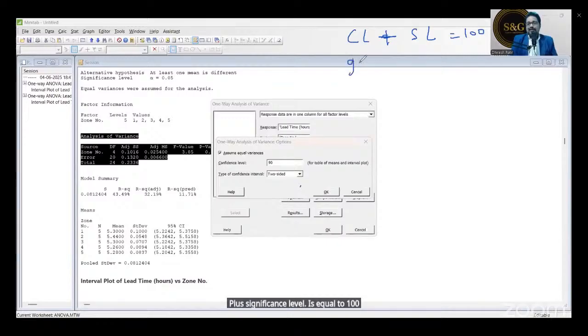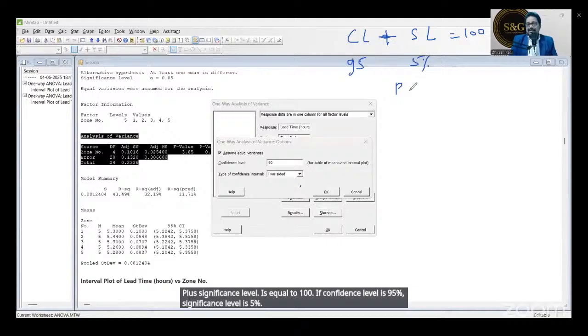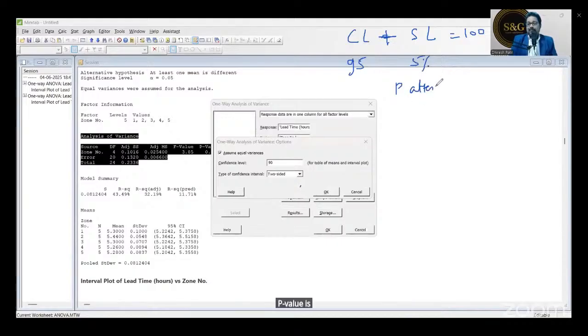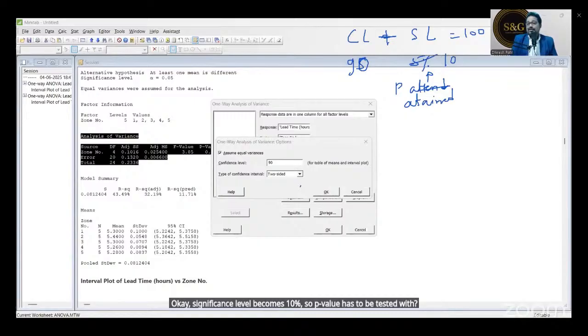If confidence level is 95%, significance level is 5%. P value is attained significance level. Attained SL is nothing but P value. If confidence level is 90%, significance level becomes 10%. So P value has to be tested with 0.1 and not 0.05.